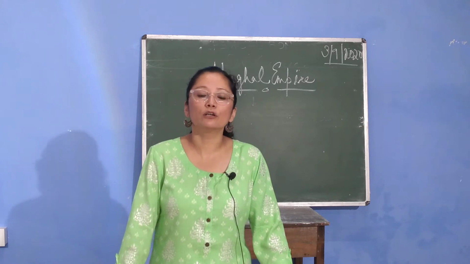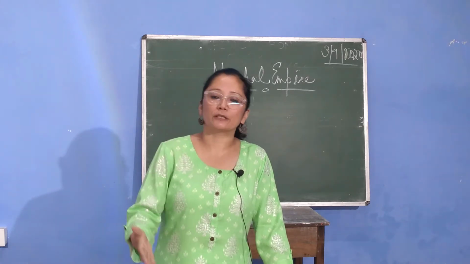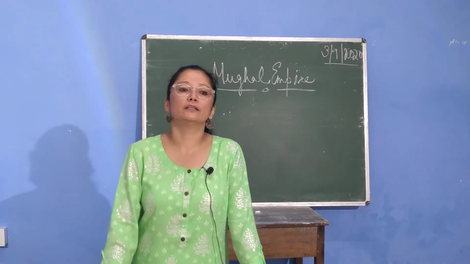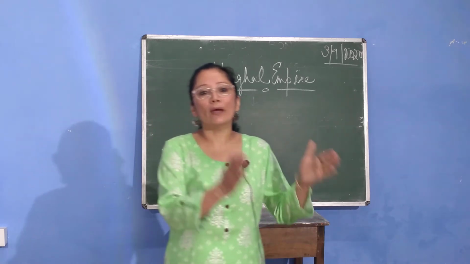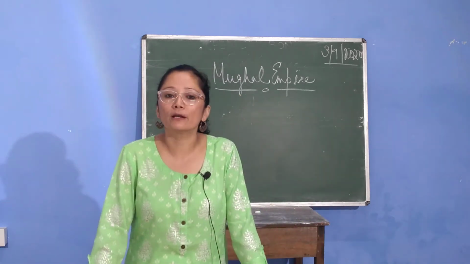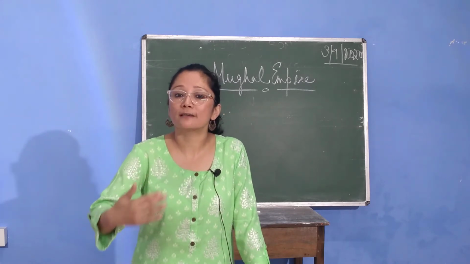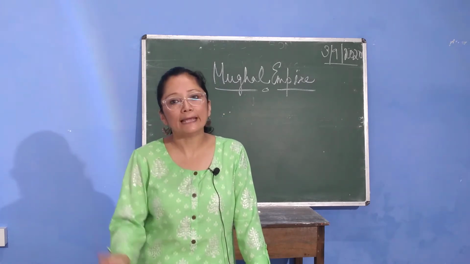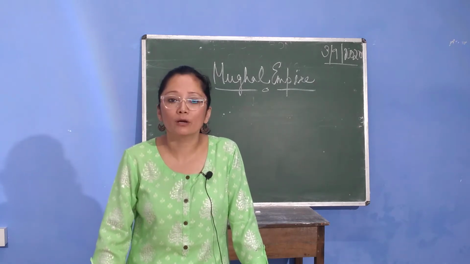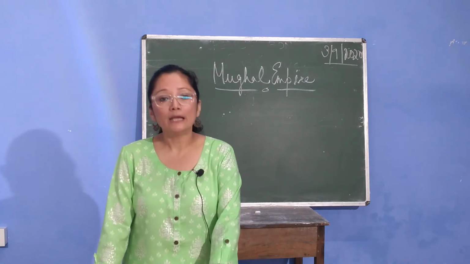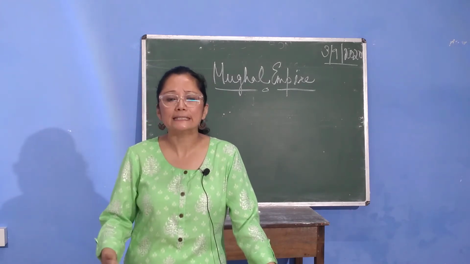The last Mughal ruler was Bahadur Shah Zafar, and during his rule, the British were already here in India. So we can see that when the British replaced the Mughal emperors, after the end of the Mughal Empire, when the British started ruling over India, they did refer to the administrative policies of the Mughal emperors. Now, I have referred here to art, architecture, painting.